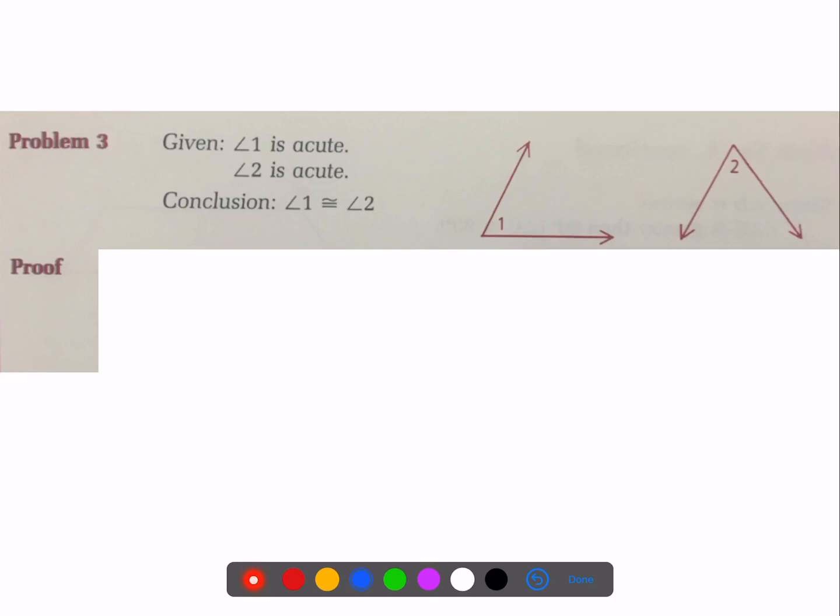So let's think about this. What does acute mean? Well, acute just means less than 90 degrees. So I know that both of these angles are less than 90. Can I actually prove that they're congruent though, just based upon what information they give me? Well, no. So I'm going to go ahead and start with this conclusion